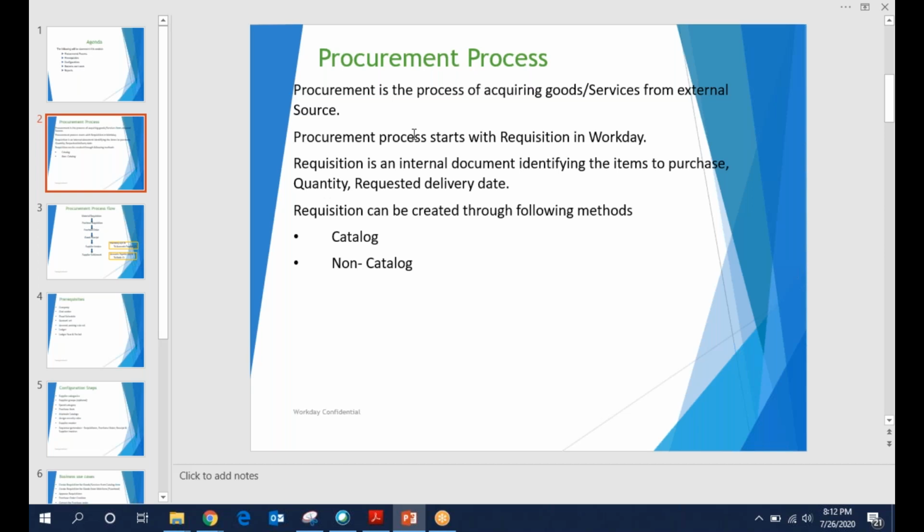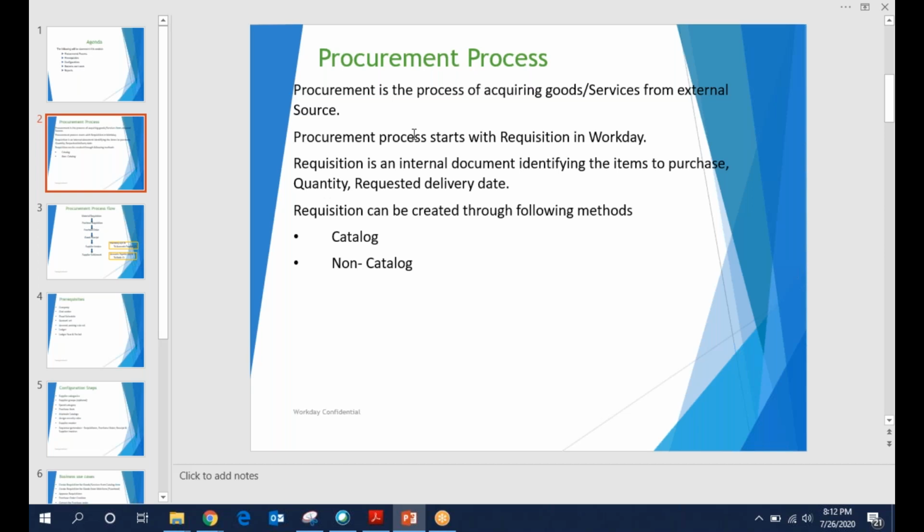The manufacturing team will send a material requisition to the stores department. I'm talking about outside the accounting area. Then the stores department will send the material requisition to the purchase department, and the purchase department will raise a requisition.